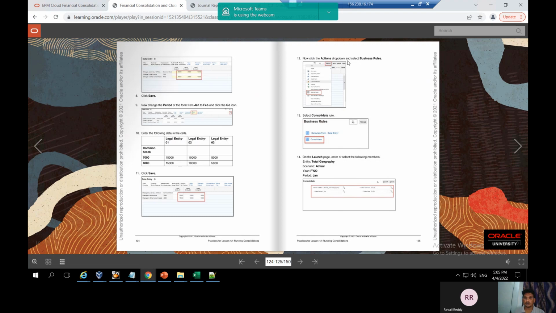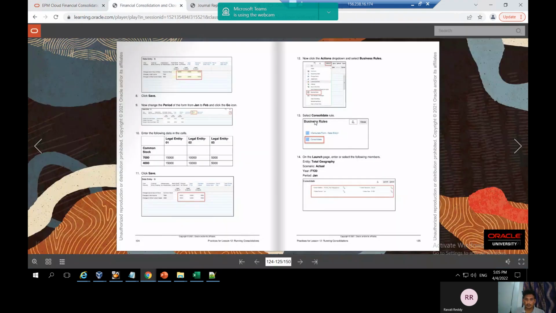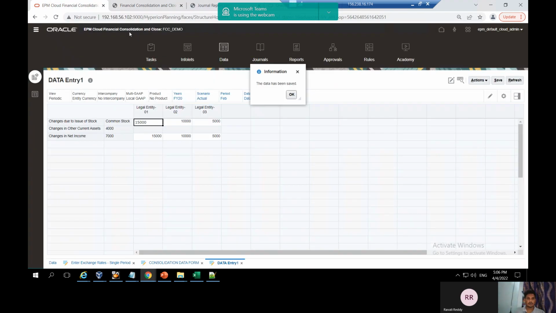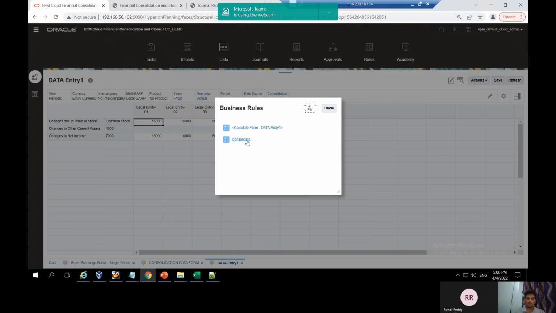Now click on the actions drop down on the business rules. Business tools. The Consolidation business tool. Entity with total geography, FY20, Jan. Go to the application. Go to the actions menu drop down, select the business tools. Under the Consolidation tab,